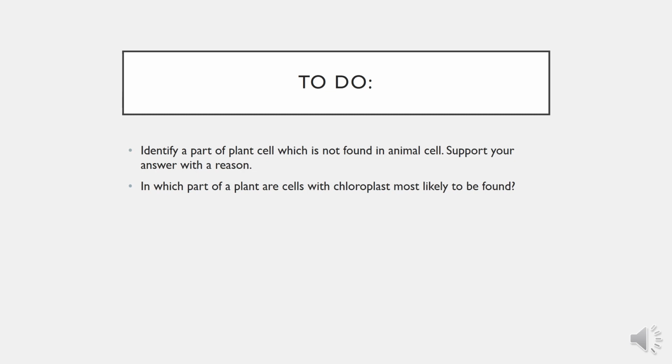This is all about today's lesson. We have discussed the parts of a plant cell and parts of an animal cell, some differences, that in plant cell there is chloroplast that contains chlorophyll. Animal cell doesn't have chloroplast. Plant cell has cell wall, that's why they have a particular shape, but animal cells don't have particular shape because they don't have cell wall. Okay, these are some differences between plant cell and an animal cell.